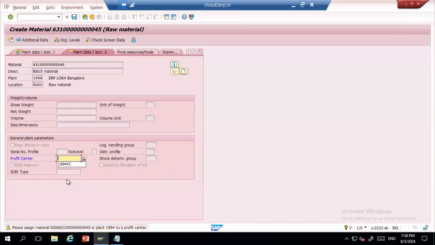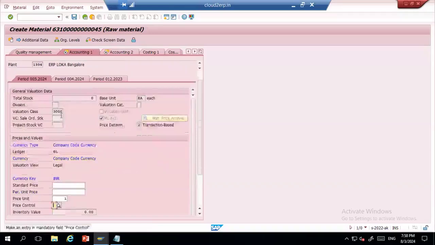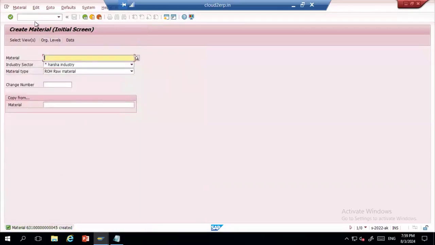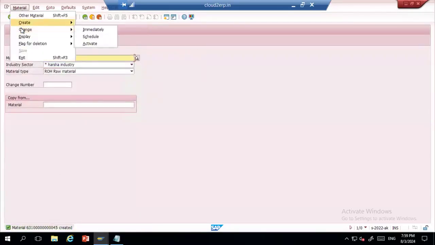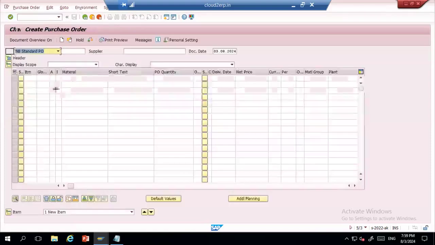This material can at least survive for 10 days. That is what I'm giving here. Okay, this is a material. Now I'll create a PO. I will use this material.